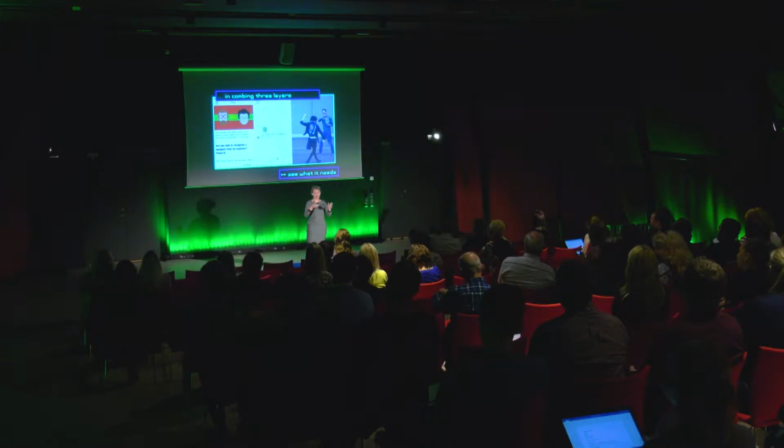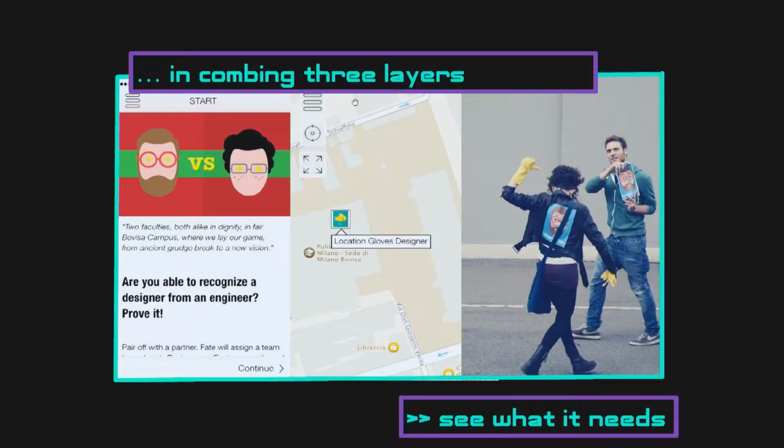If you want to design a hybrid reality game, you have these three areas, and you are creating an intervention to initiate whatever kind of transformation. In combining these three layers, we have the display part, then we have the locations where you have to move, and you have the performance part, the actual happenings in the streets. I will show you some examples, and also what it takes to get to having your own hybrid reality game. So this is going to be first.